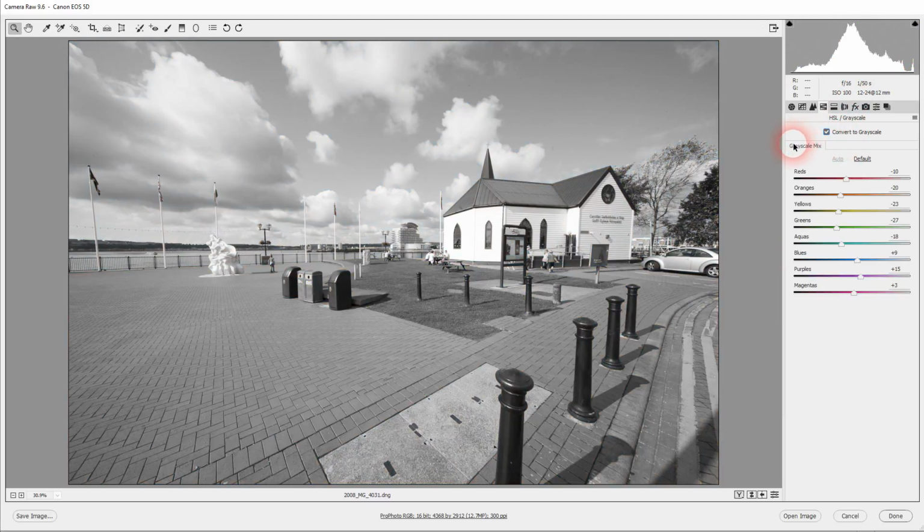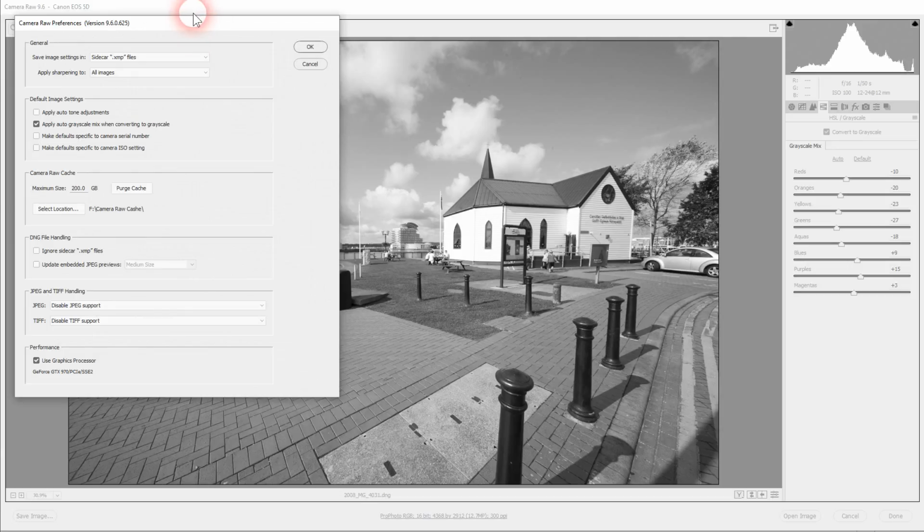We lose these other sliders, and all we've got left is a grayscale mix. You'll notice that the sliders have automatically changed from the central position. That is because in our preferences here, we have "apply auto grayscale mix when converting to grayscale" ticked. If it wasn't ticked, then we'd have a straight line of sliders here, but I like to have it usually